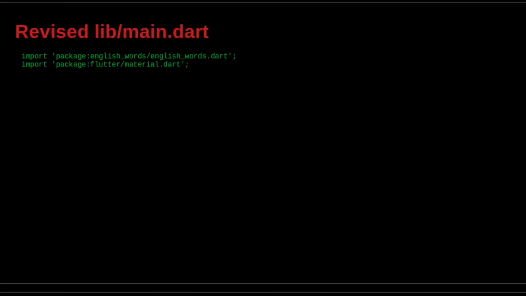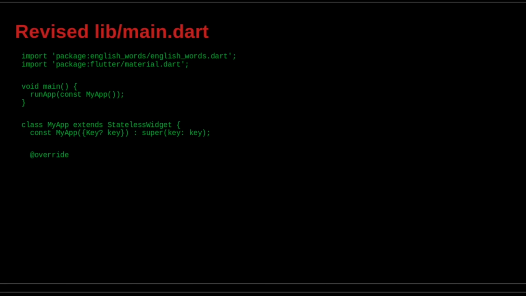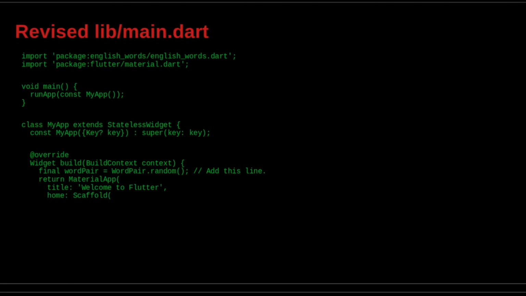This slide illustrates the revisions to the main Dart program. To use the external package, there is the import statement, and a word pair method is